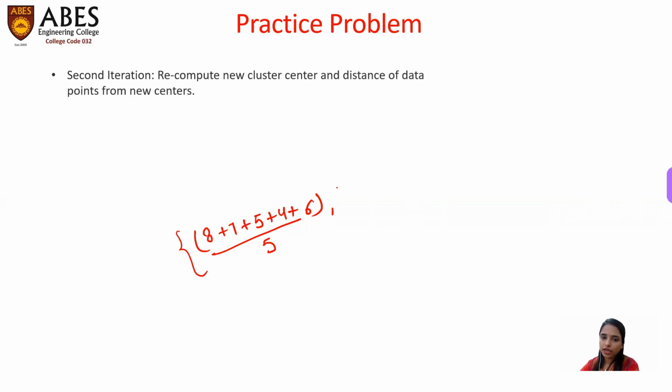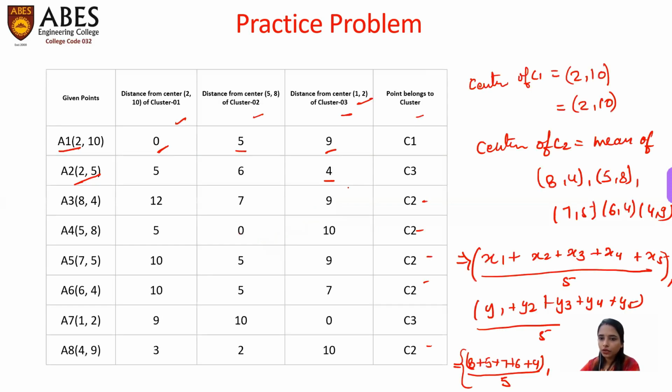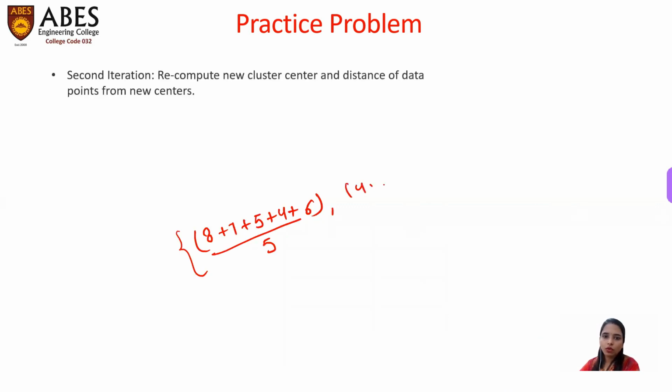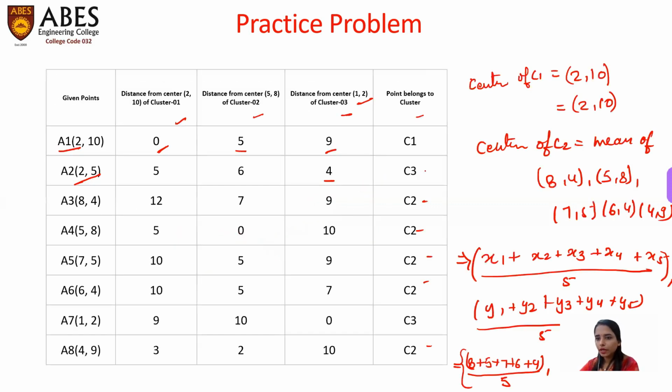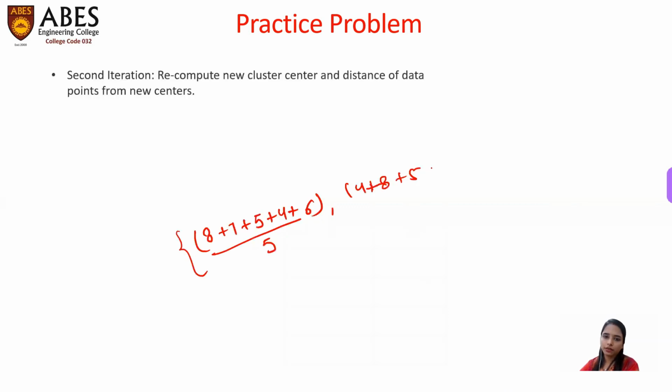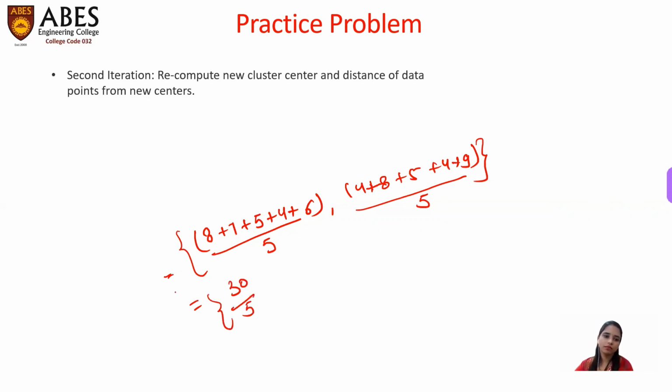For the y value also we will add 4, comma 8. 4 plus 8 plus 5 plus 4 plus 9. Plus 4 plus 9. Divide by 5. So the value will be 30 divided by 5, comma